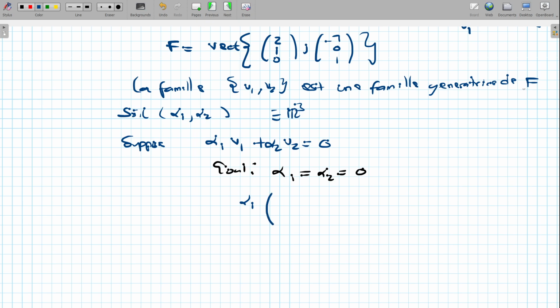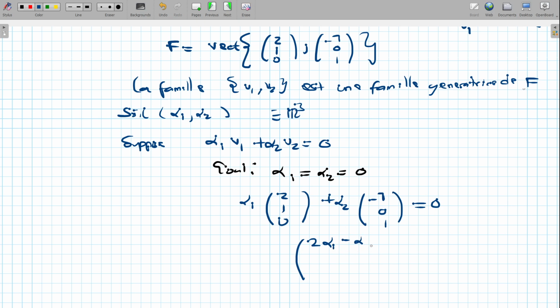So alpha 1 multiplied by, what's the first vector? The first vector is (2, 1, 0), like so. And then what's the second vector? The second vector is (-1, 0, 1), like so, and the combination is equal to 0. So if you multiply by the scalars and add, you are going to have 2 alpha